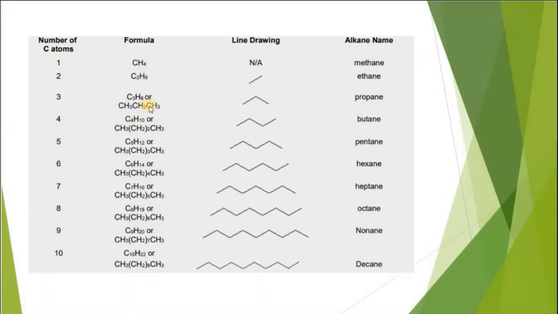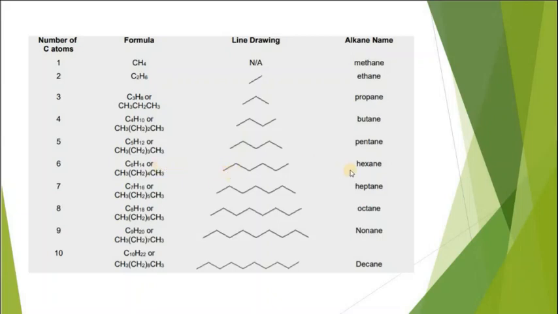C3H8 or propane can be written in this way: CH3, then CH2, CH3. Butane can be written as CH3, CH2, CH2, again CH3. Then pentane can be written as CH3, CH2, CH2, CH2 and CH3. Do remember, both of the ends are having CH3 groups and the middle ones are always having CH2 group in it,